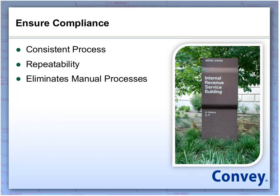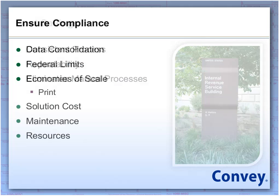And centralizing your process will also eliminate a bunch of manual steps in most cases, which is another way that organizations get themselves into trouble. There's one group that doesn't have as good of a process, and so they're doing things in spreadsheets, and spreadsheets get deleted or an older version gets overlaid, and that causes problems. So any manual step is a huge compliance risk. Your whole 1099 process should be automated through one central